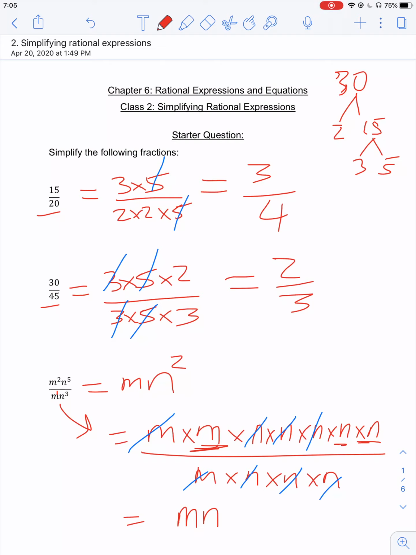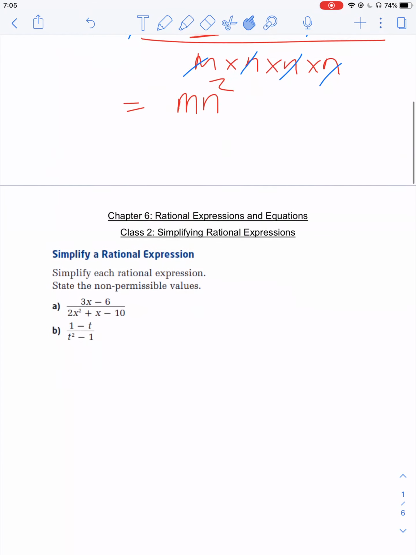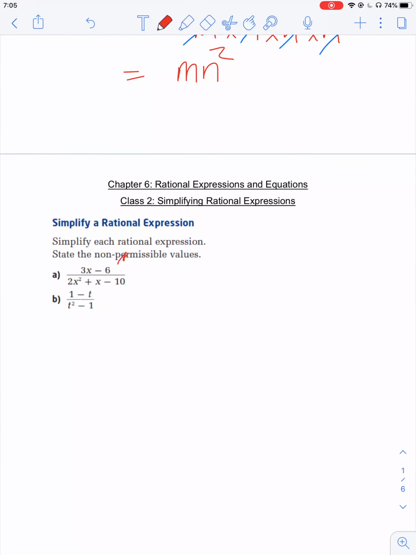So this is what we have to do with our rational expressions. Remember, in your numerator and denominator, as you will see in the next question, you'll either have a linear function or a quadratic function, and then you'll just have to factor those. Okay, you'll have to factor those. Why? Because when you factor, it changes this. Right now there's an addition, subtraction. It changes that into a product. Okay, and like I said, you can only simplify, you can only cross things out when you have